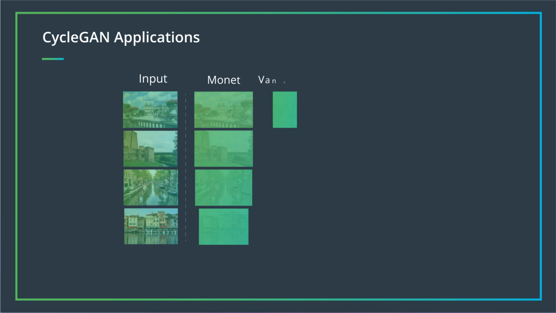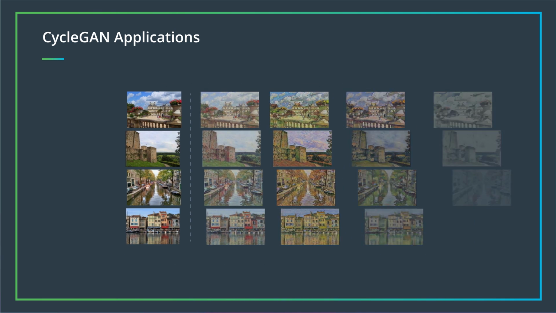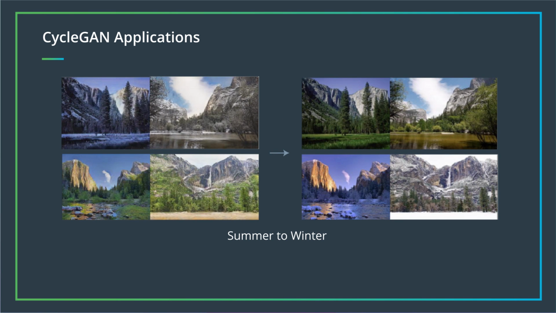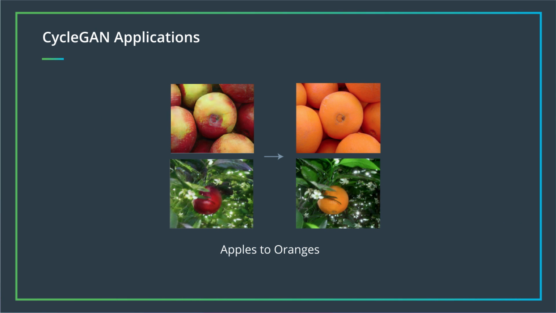Collection style transfer, as you have seen, where we want to transform any input image in the general style of an artist. You can use it to do some interesting photo transformations, like altering images so that they look like they are taken during summer or during winter, or changing images of apples into oranges, or dogs into cats, and vice versa. It has been used to try to transform one person's face into another.